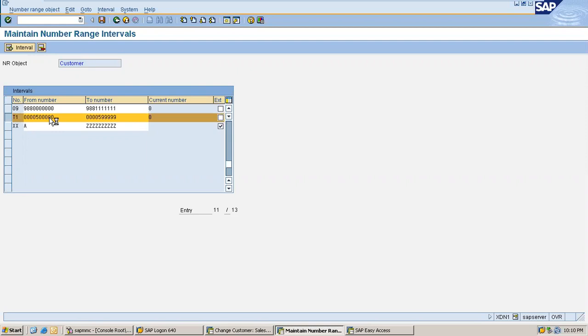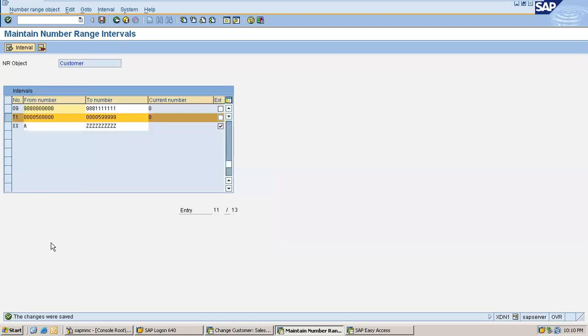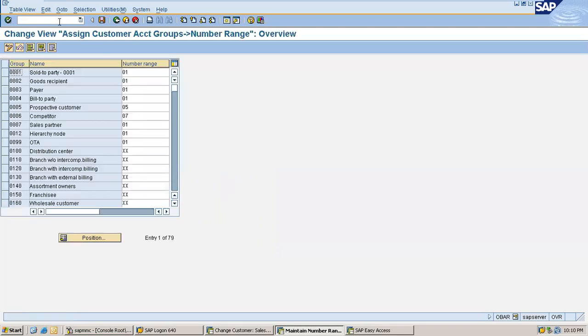Now I am saving it. Continue. This is an information message. Now I have created a number range called T1. Now I'll go to a T code called OBAR. Here it will display all account groups.